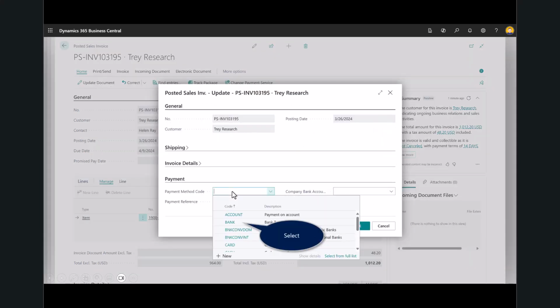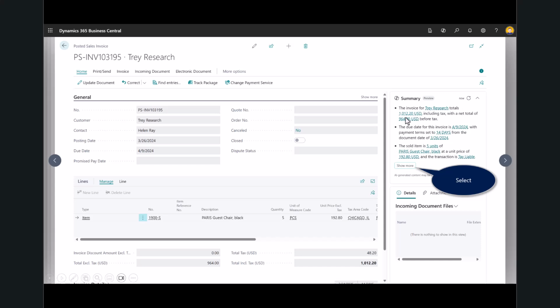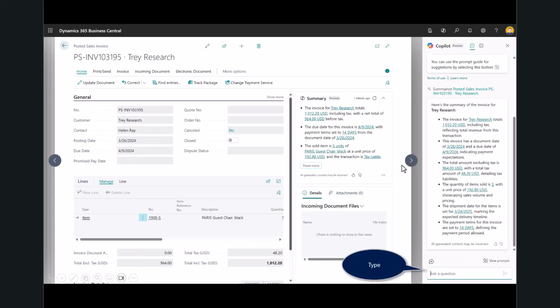If I know how the customer is going to pay, I can go ahead and put that payment in here. If I refresh this, you can see a little bit more results. And then you'll also have this show more option. What that does is open up the Copilot experience on the right-hand side. It docks it, or anchors it. So I've got a couple of summary data points inside of the invoice, and then I've got a lot more detail here.